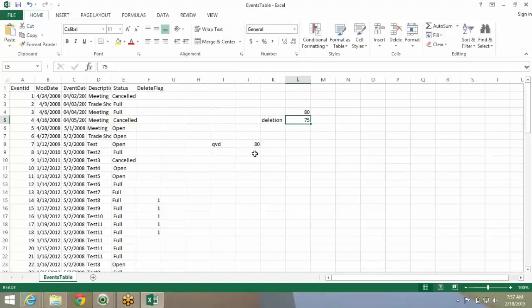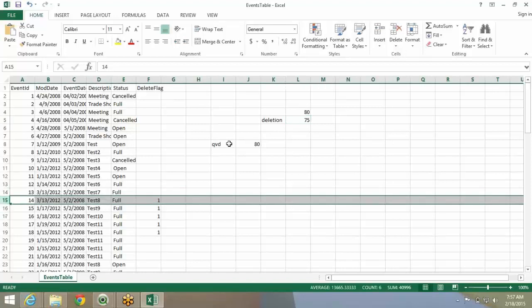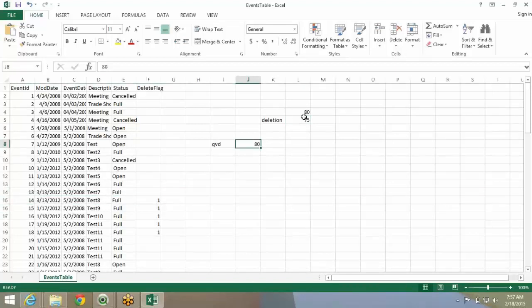So if there is a deletion, I will first find out which are the records. There are 2 ways of doing it. If the records are flagged that they are deleted, it is an easier method to get the smaller number of records and then manipulate. If your records are not flagged, they are just blindly deleted completely from the database, then you will have to follow a different method. But most of the best practices always have the databases generally have a flag that, okay, these are the records that are deleted. I use that from the QED, just load those 75 and drop off those deleted records.